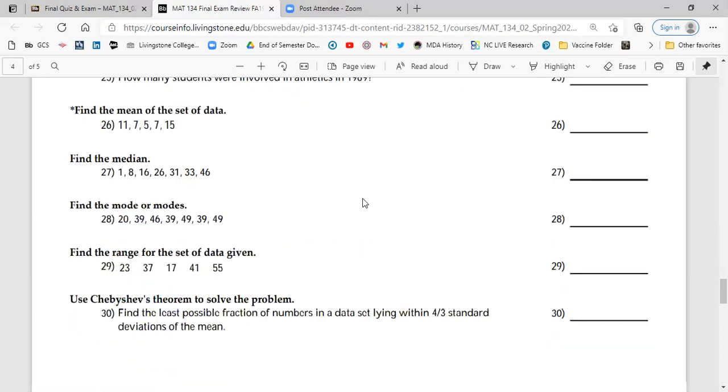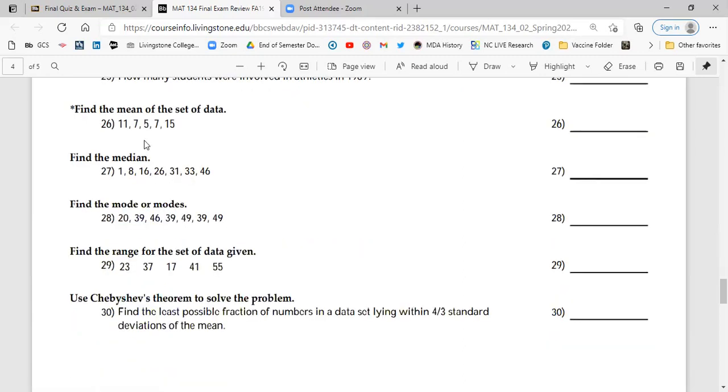Find the mean of the data set. Just add them up and divide by the number of items. 1, 2, 3, 4, 5. So you add all these up and divide by 5. Mean is nothing more than an average. Okay, for median,